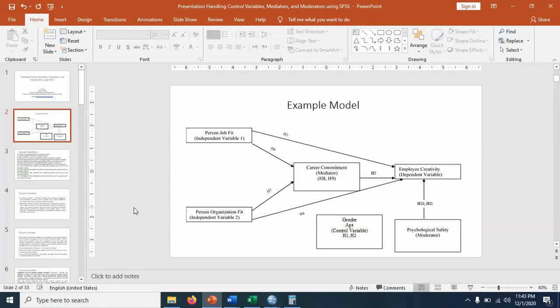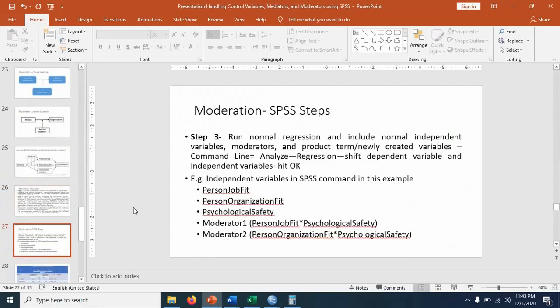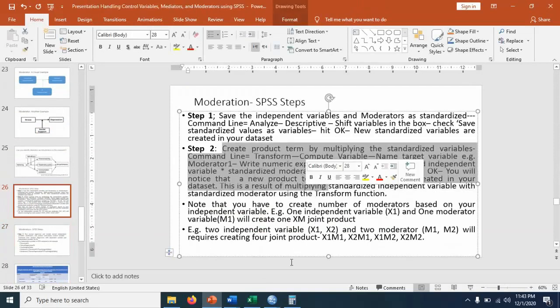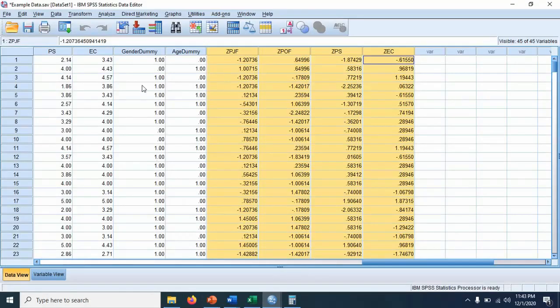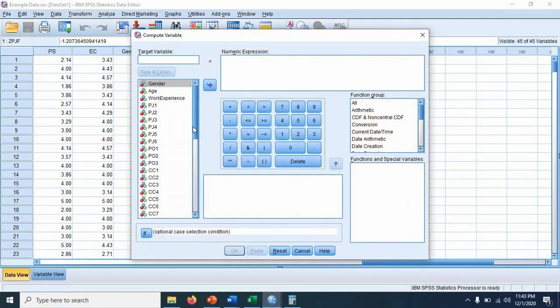How do we do that? It's simple. I am here trying to explain this one. For this purpose, let's go to dataset, go to transform, compute variables, and we want to create the first moderator.